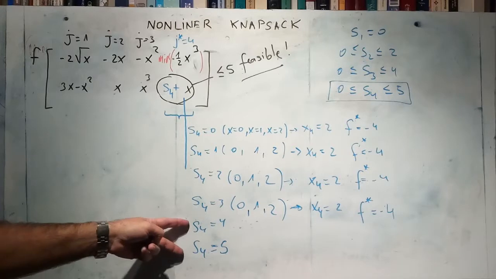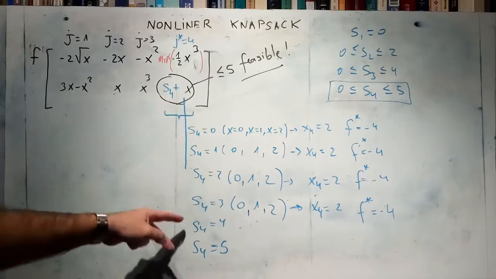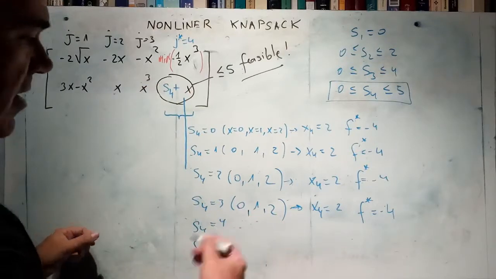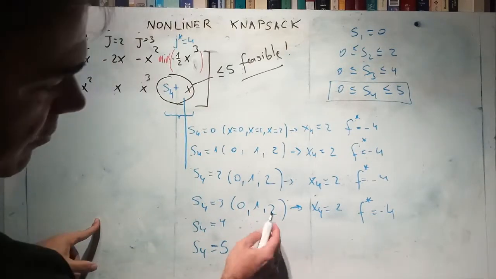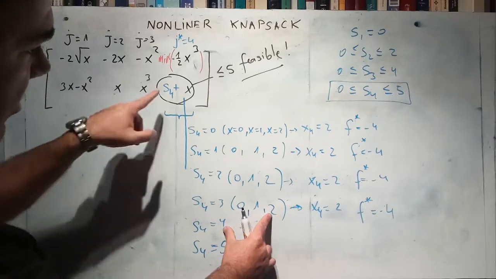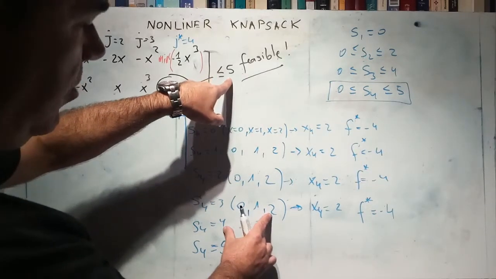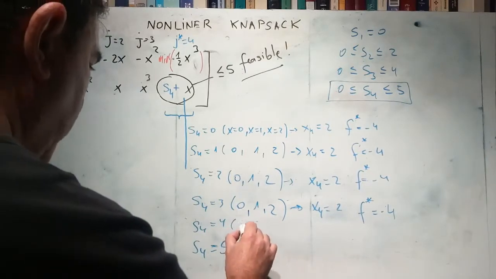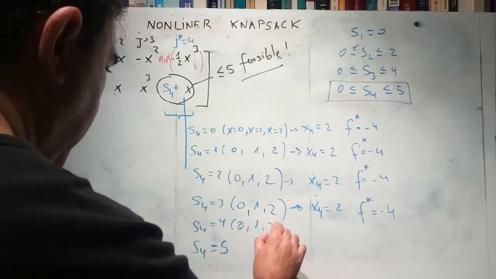Now over here we will possibly get infeasibilities because this value is high. 4 plus any value we can be, for the value of 2 plus 4 is 6, is just infeasible. So over here we are just discarding possibilities, right? So we evaluate 0, 1, and 2,